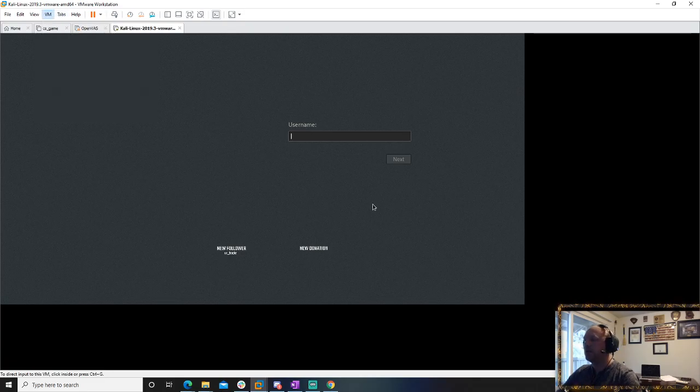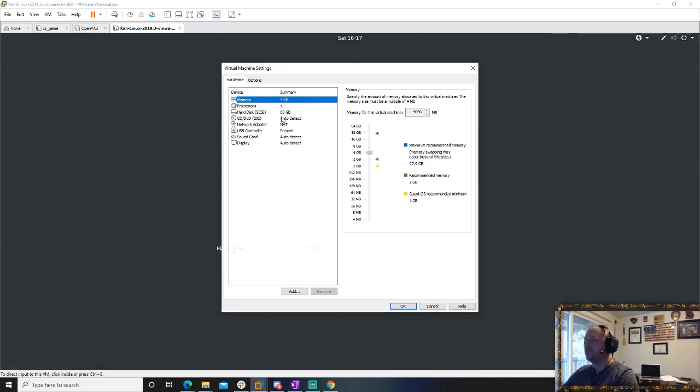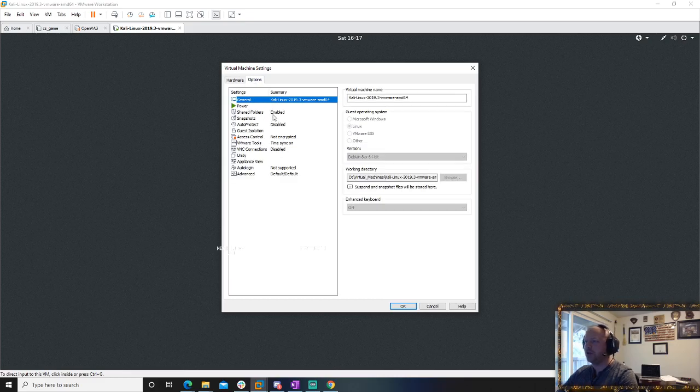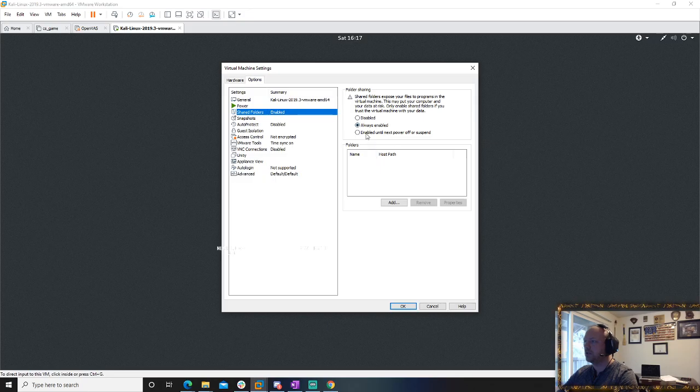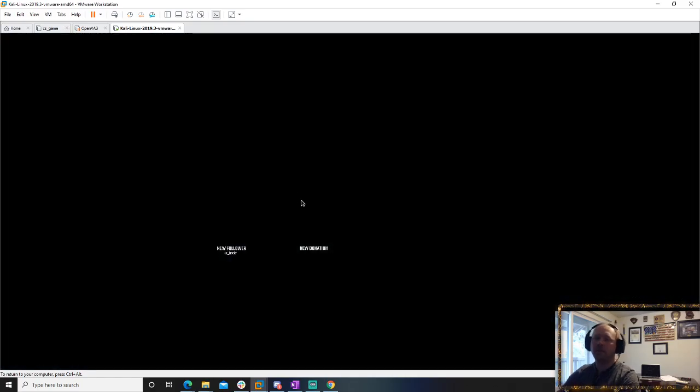You guys didn't see the VM settings. This is what it looks like here. Memory, I up that to 4 gigs. I leave everything else kind of default. There's a bunch of other stuff you can do. You can make sure it doesn't go to sleep. You can share a folder between your machines. That is a good practice to leave disabled. Then once you download Kali, the username for the old versions is root, and the password is root backwards, or toor.